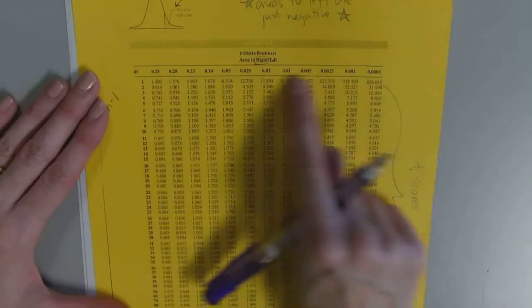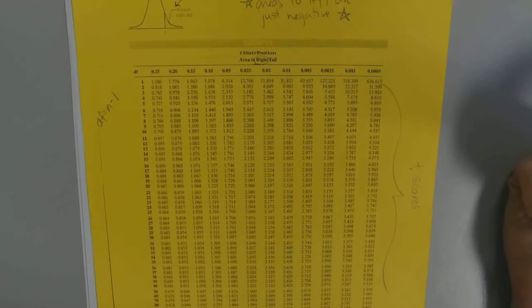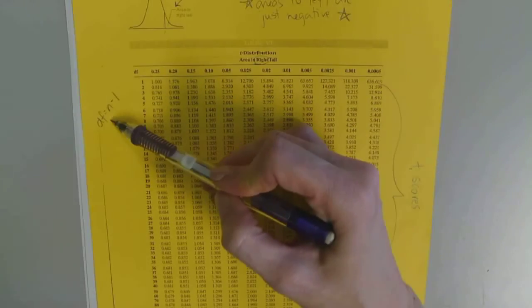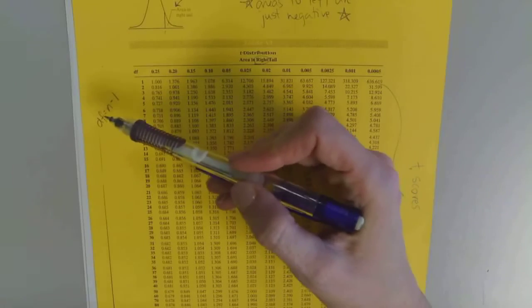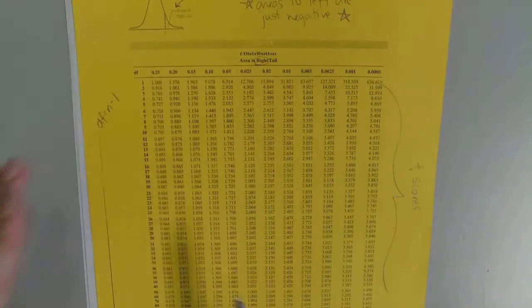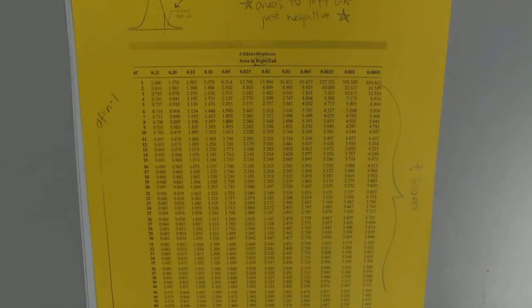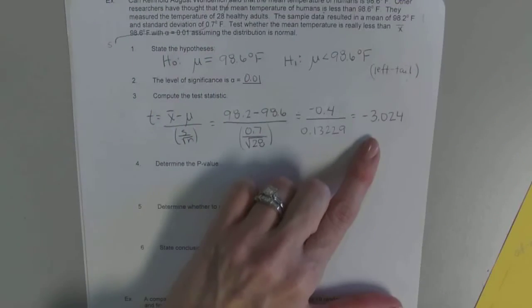So to determine our p-value, this is what's weird, these are technically our p-values up here. It's the probabilities, they're up there. And our t-test statistics are in here. So it's a little bit backwards. What we have to do is go to the correct row. Do you remember how to find the correct row? It's our degrees of freedom. So we're going to subtract 1 from our sample size, so we're going to go to row 27. Then once you go to row 27, you skirt across it until you find 2 t-scores that your